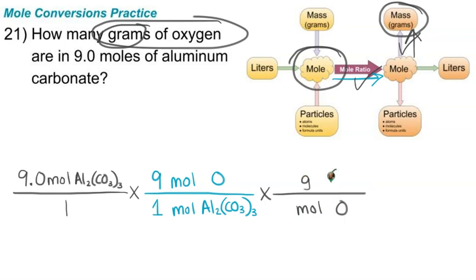Now we already filled in the numbers for our mole to mole step, but any time that we are not in a mole to mole ratio, we always are going to put a 1 next to moles. So I'm going to put my 1 mole of oxygen on bottom, and then to figure out how many grams of oxygen are equivalent to a mole, I'm just going to look at a periodic table. And oxygen's molar mass is 15.999 grams, so I'm going to round that to 16 grams. Now to get our final answer, we'll just multiply and divide here. So 9 times 9 is 81, times 16 is